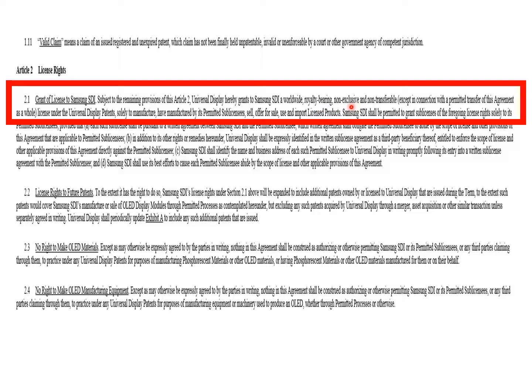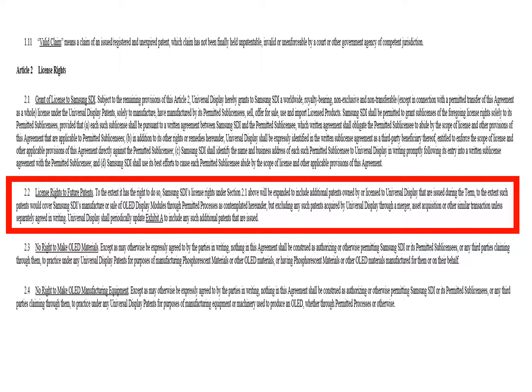It's non-exclusive. So somebody else could get a license also, maybe LG, who will turn out to also get a license later to make devices and also televisions. And it's non-transferable with some limitations, but non-transferable, like Samsung don't buy it and then start being a kingmaker and let everyone else use these patents too. So Universal Display gives a worldwide, royalty-bearing, non-exclusive, non-transferable license to manufacture, to have manufactured, to sell, to offer to sell, to use, and import. Lots of rights, basically, to the portfolio.